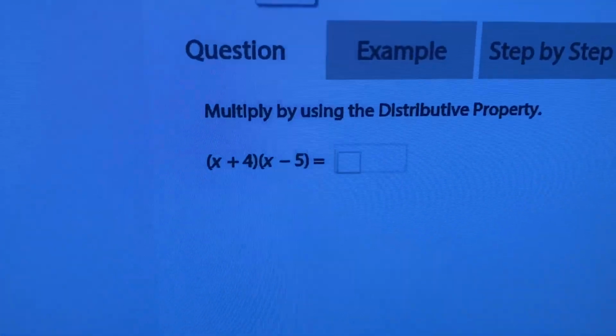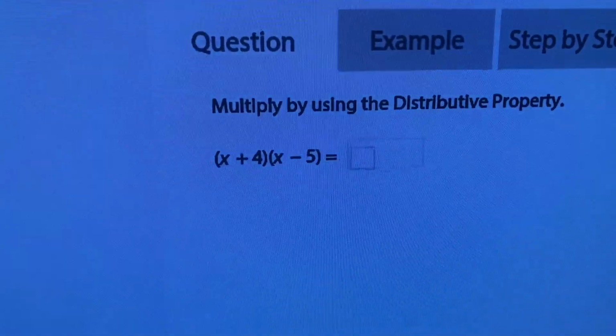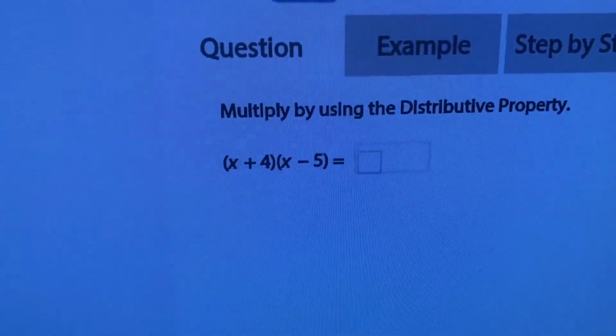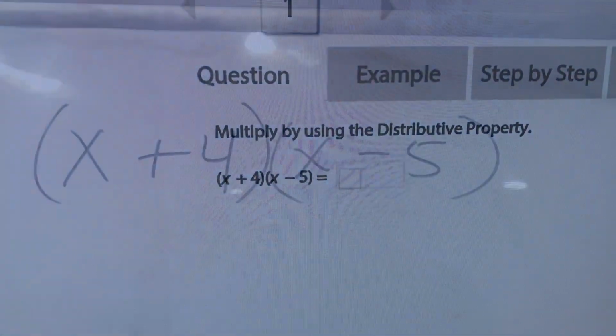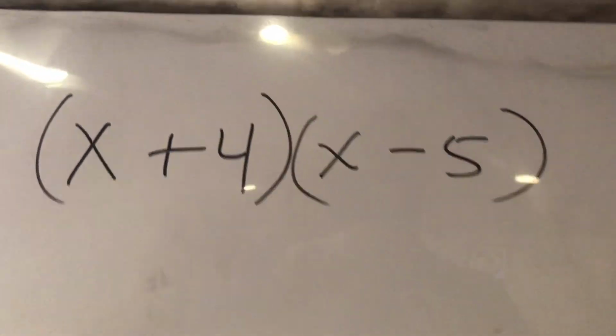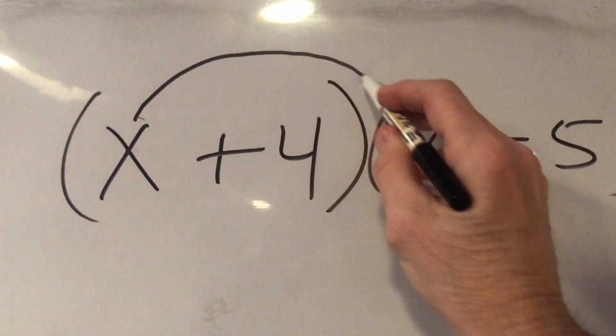Okay, guys, using FOIL, you're going to multiply the two quantities x plus 4 times x minus 5. Stop the video and give that a shot, and then I'm going to do it for you. Hey guys, I'm going to try to do this while holding the camera up. I'm sorry, but first,